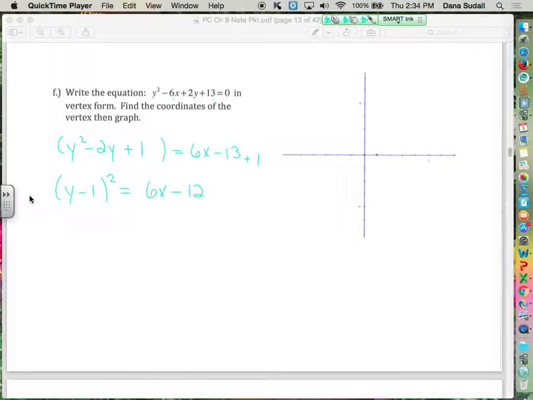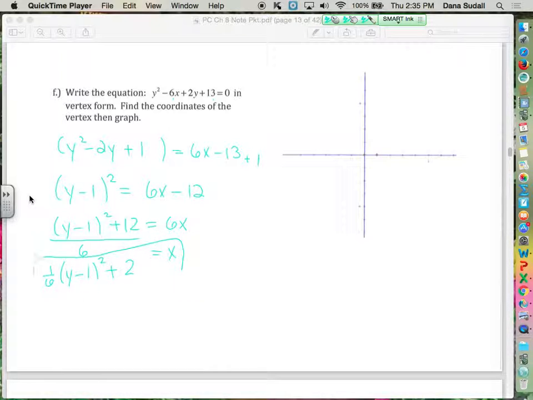Right-hand side, if I combine some like terms together there, I'll have 6x minus 12. And then I want the x by itself. You want the linear term by itself. The thing that's squared is going to have all the other stuff with it. So if I add 12 to both sides, and then divide both sides by 6, this would be 1/6, y minus 1 squared, and 12 divided by 6